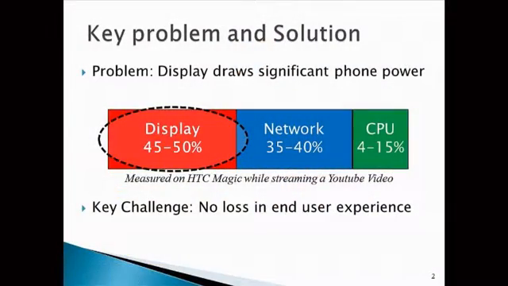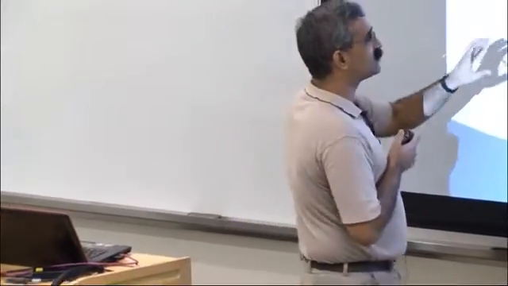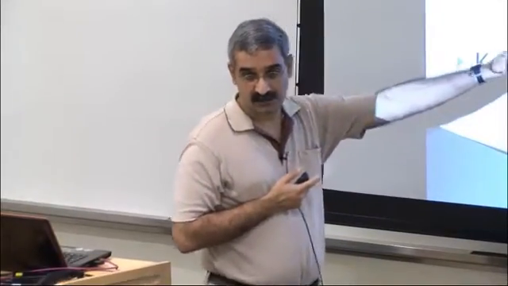Okay, so all of you know the display is the number one power drainer on most mobile devices. I think this hasn't changed regardless of whether you're a tablet, a phone, OLED, LCD, etc. With OLED, this number is still the same. It's just that everything has come down. But the screens are getting larger, so this number is still the same. Usually about 45 to 50% of your power comes from your screen. So any savings you make here is significant. Now, a lot of people focus on the CPU. Turns out the CPU doesn't really cost that much these days. Network, of course, but there's only so much you can do on the network. The screen, let's see what we can do. Okay, so one of the screens, and